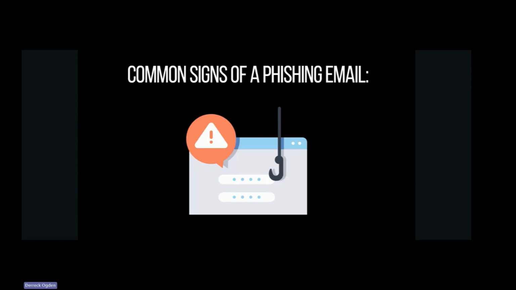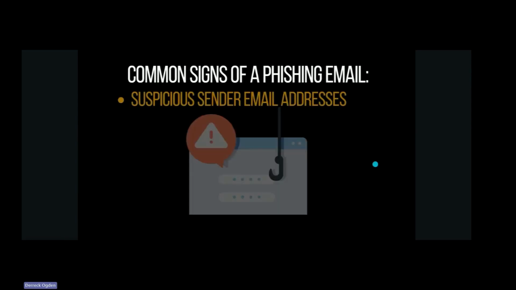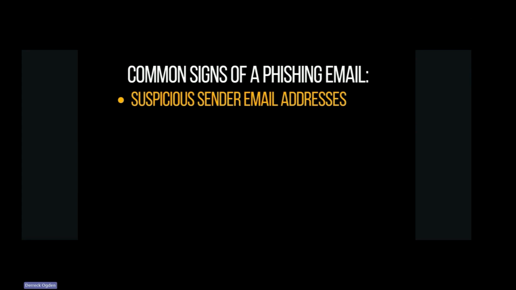So what does a phishing email usually look like? What does it smell like? Well, it smells fishy. So these are the things that should set up red flags for you or any of your team members when you're looking at emails. Weird sender email addresses, right? So if it's coming from somebody that you don't recognize, or it's coming from somebody and it's usually their first name at their company and now it's their first initial dot their last name at their company and something's going on there strange, beware, right?